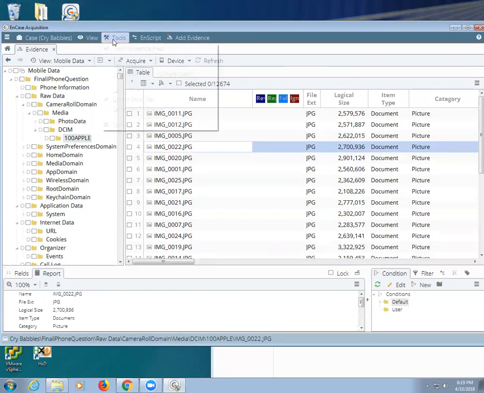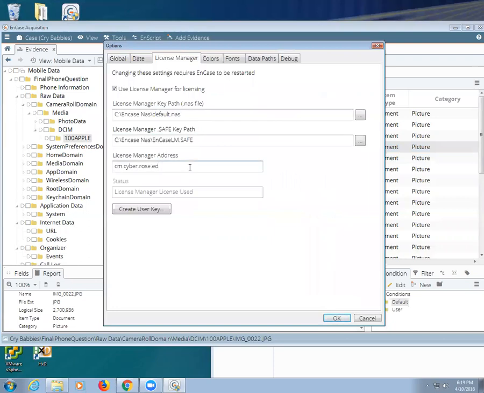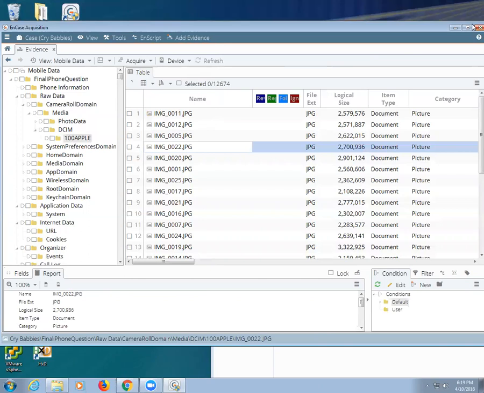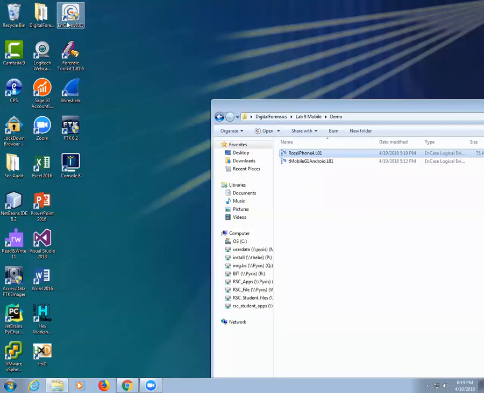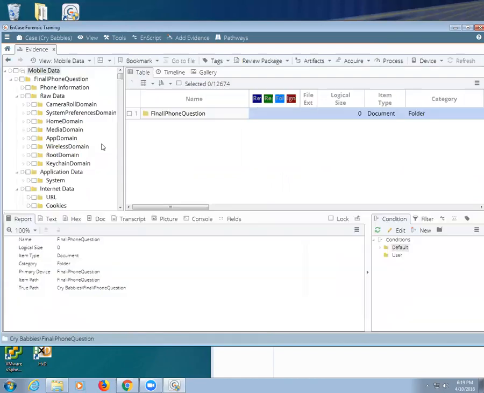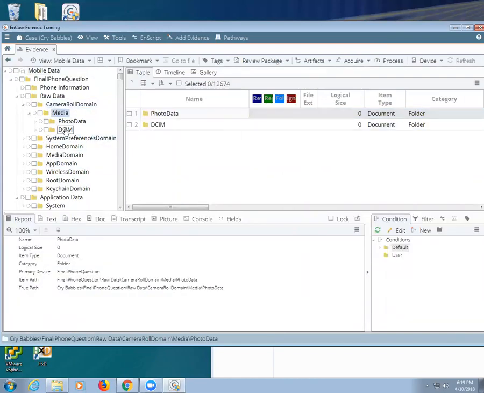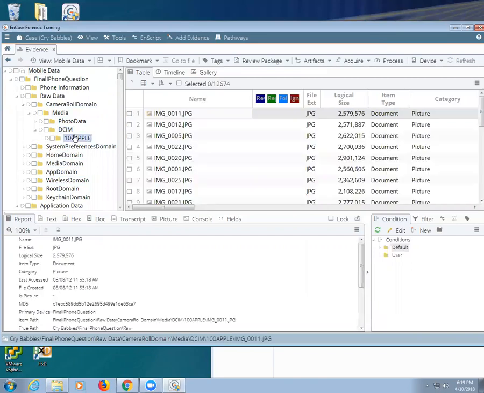So now when I put the correct information back in there, I should get a license. Again, I have to close it out and bring it back up. Evidence, and that was under camera roll, media, DCIM.